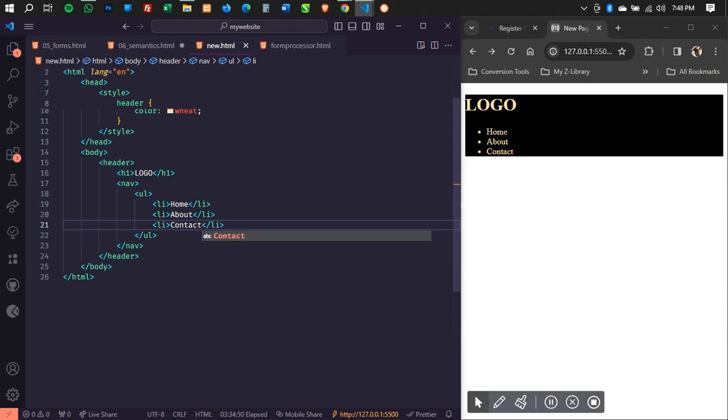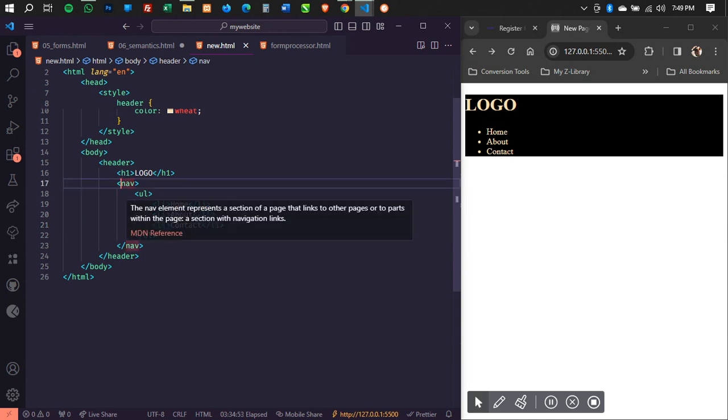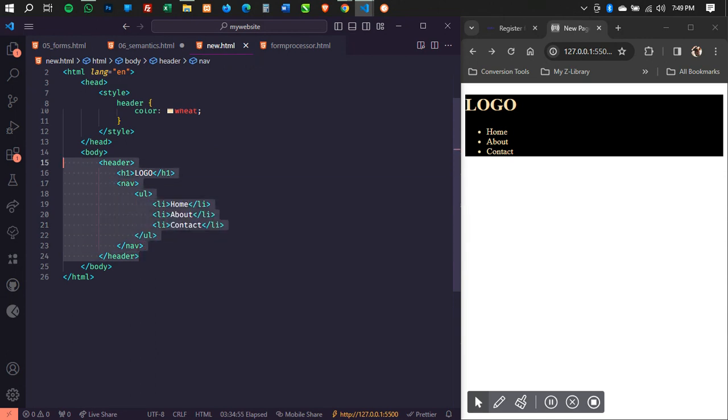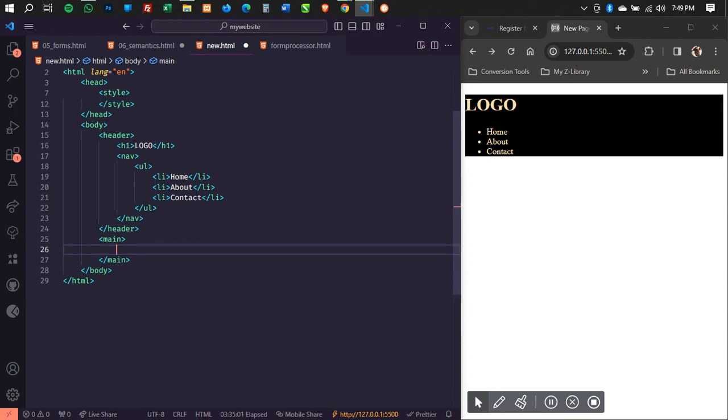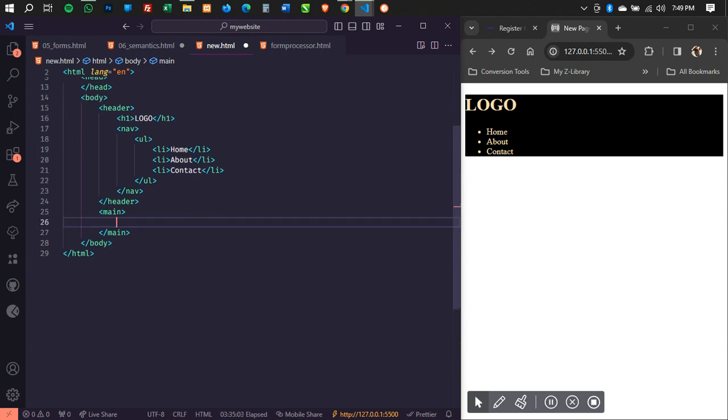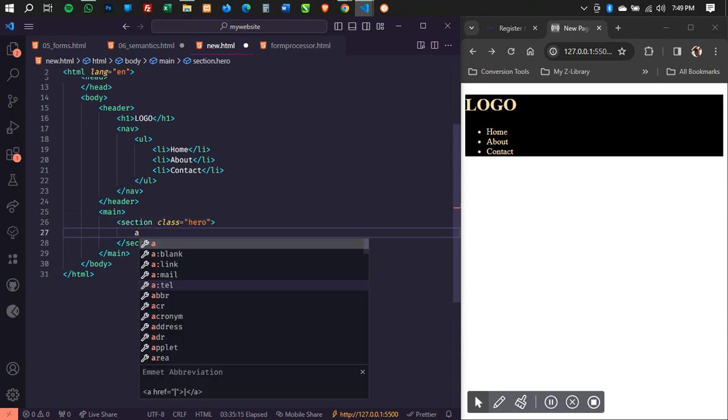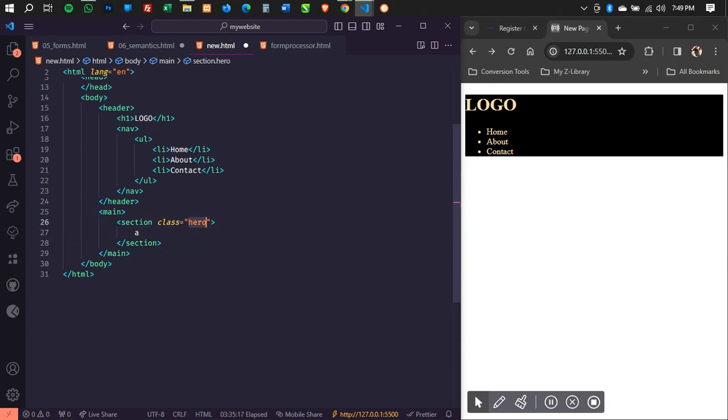Then I think we are done with our nav bar, so we are done with our header. Then after we are done with our header, we are going to have what, the main element. That's what the main page is going to be about, and that's where we are going to have all our other sections. So maybe we are going to have what, the section. I get in a section, and then give it a class of what, a hero section, right? Let me just make this about. We're going to have an about section,